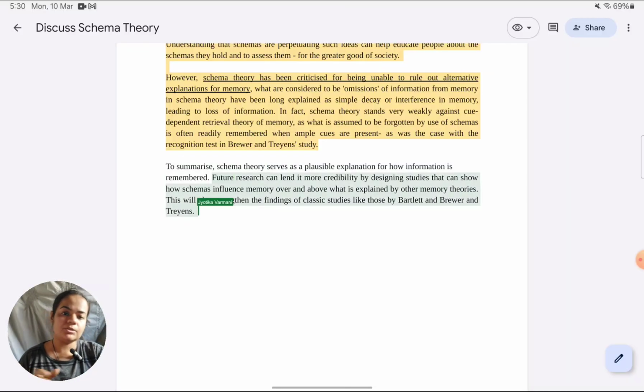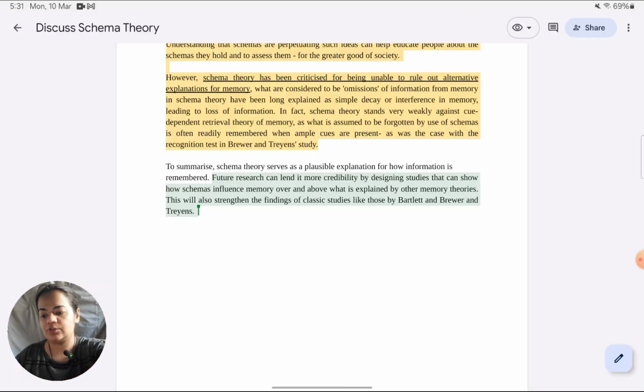I said that I will be mentioning future research as well, though some examiners feel that is not to be done. In terms of future research, it does give the direction that we need some studies which can go over and above the findings given by Brewer and Treyens and Bartlett. Schemas will never be directly observable, so some ingenious ways have to be thought of to concretely show that it's indeed because of schemas that memory is changing, and that alternative explanations like decay or cue dependency are not holding merit against schema theory. So we need more solid, more internally valid research which can support this.